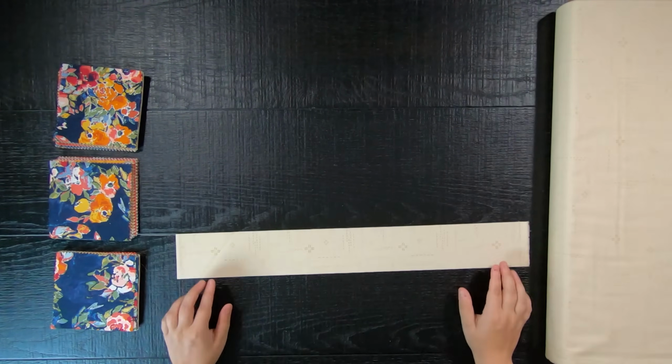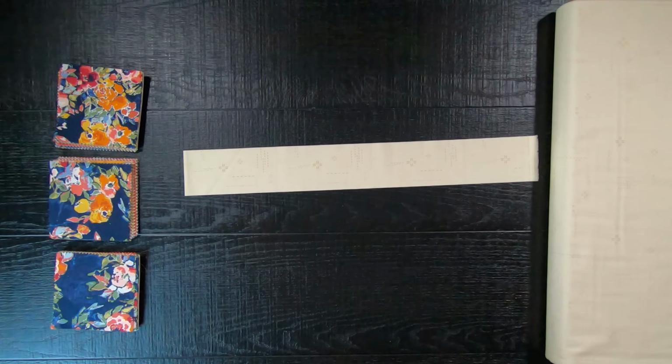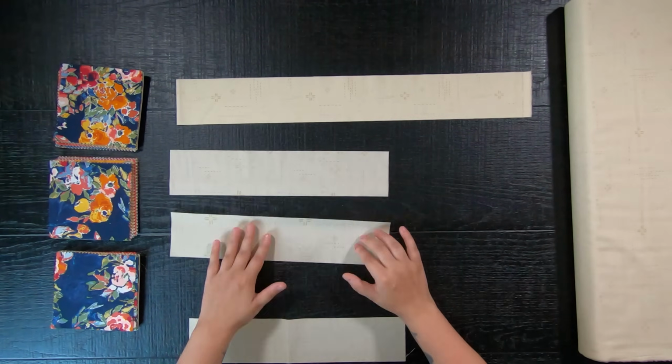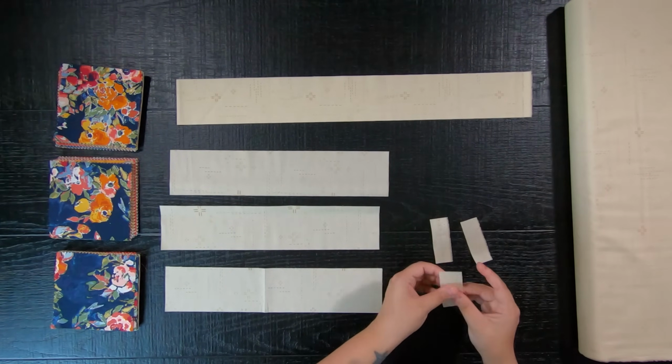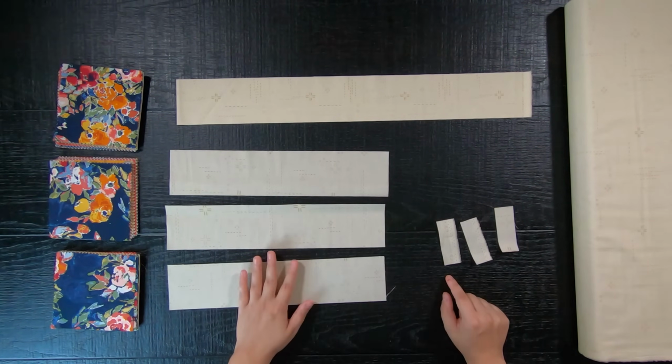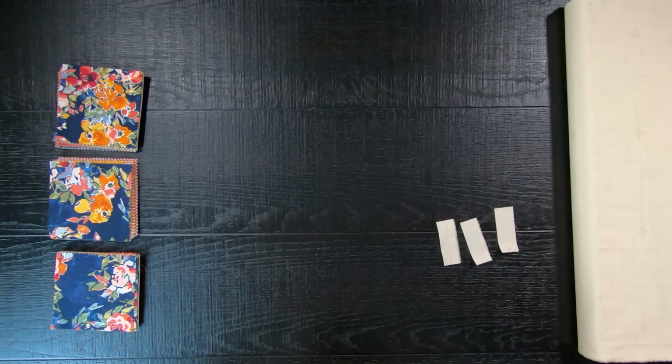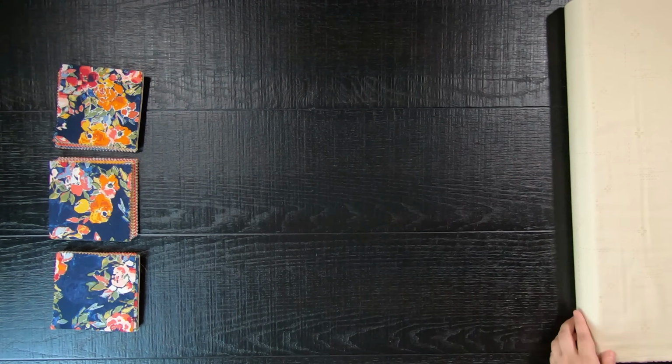With your background fabric, you will cut 3-inch by 14-inch rectangles. Do be careful, as when you are cutting 3-inch by width of fabric strips, you will need the entire length of the strip to cut a total of 3-inch by 14-inch rectangles per each strip, making it a zero waste